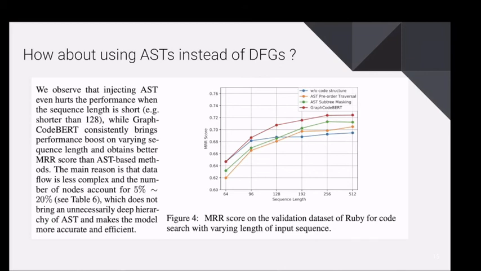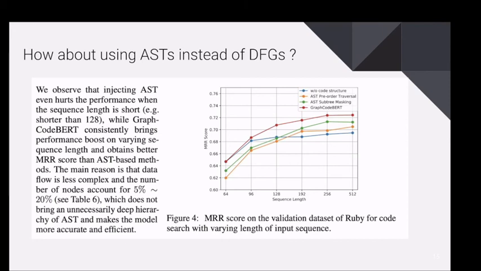Initially, in the first slide, we were discussing that AST is also another form, right? So what happens if we use ASTs instead of DFGs? They found out that it pretty much kills the performance, even at certain sequence lengths. Without any code structure, just raw text tokens were able to perform well. But GraphCodeBERT uniformly performed well in the score with mean reciprocal rank, because again they argue that